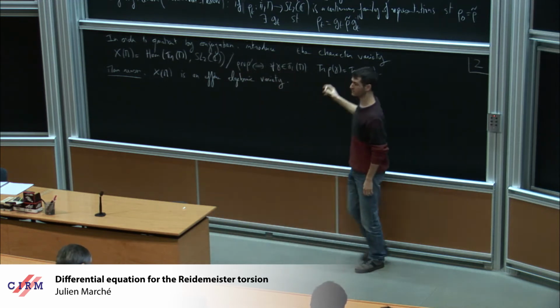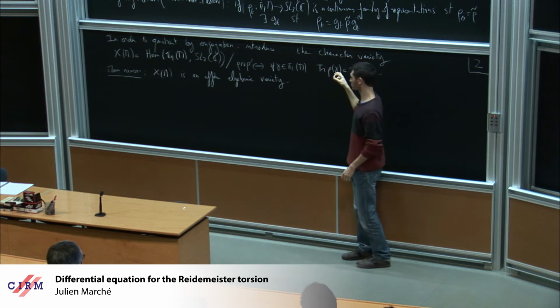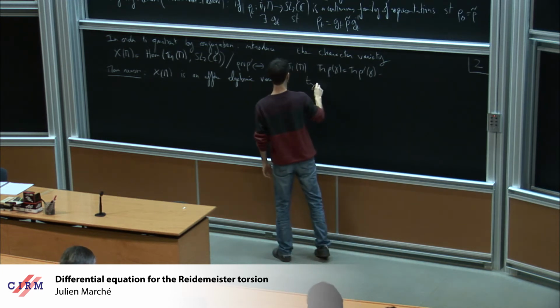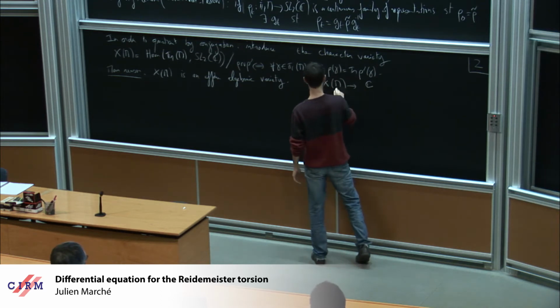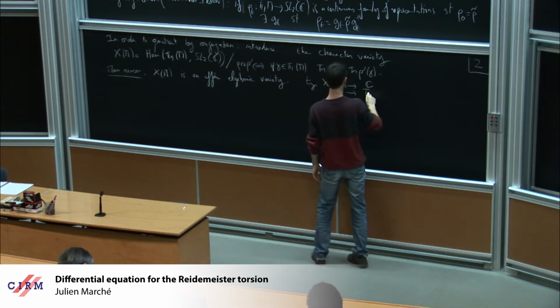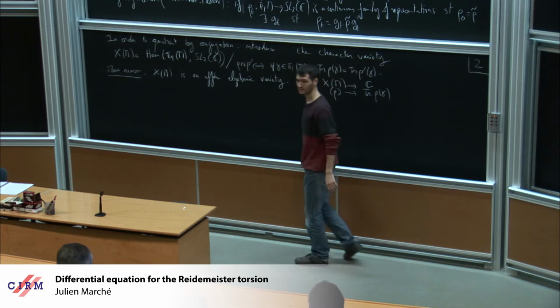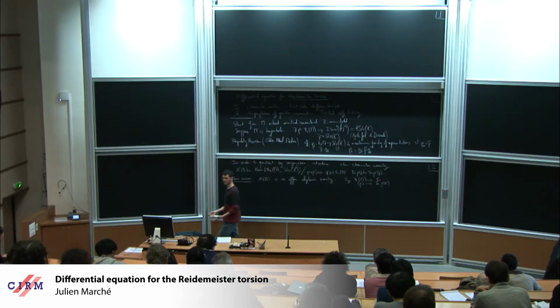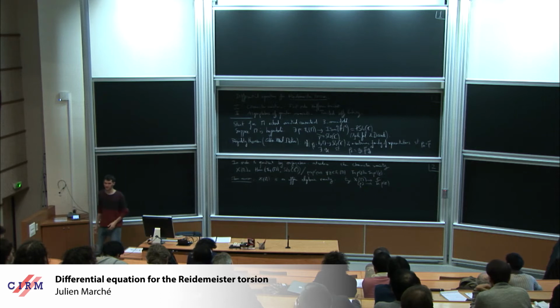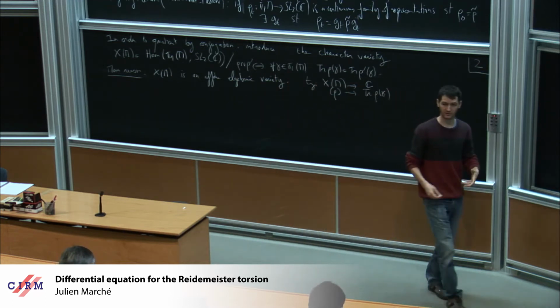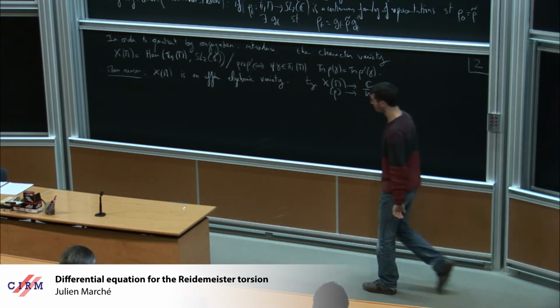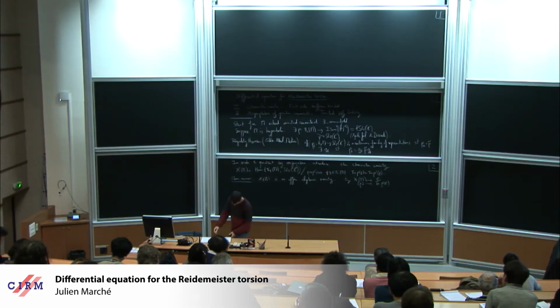And if you look at this quotient here, you see that the trace function T gamma, a map from X of M to C which maps a representation rho to the trace of rho of gamma, is well defined. And indeed, the quotient is just made so that these maps are well defined. So these functions have a particular role. They are regular functions, algebraic functions on the character variety. And we can say much more than that.